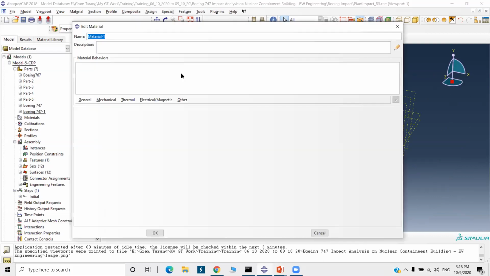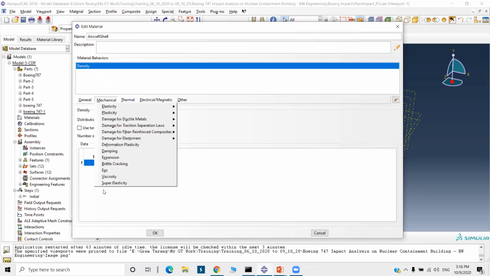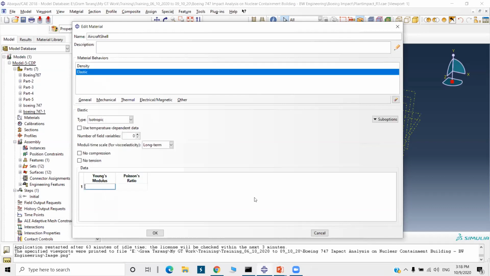The first one is the aircraft shell. It is an SI unit system. Then elasticity, Young's modulus 72e9, Poisson's ratio 0.3.